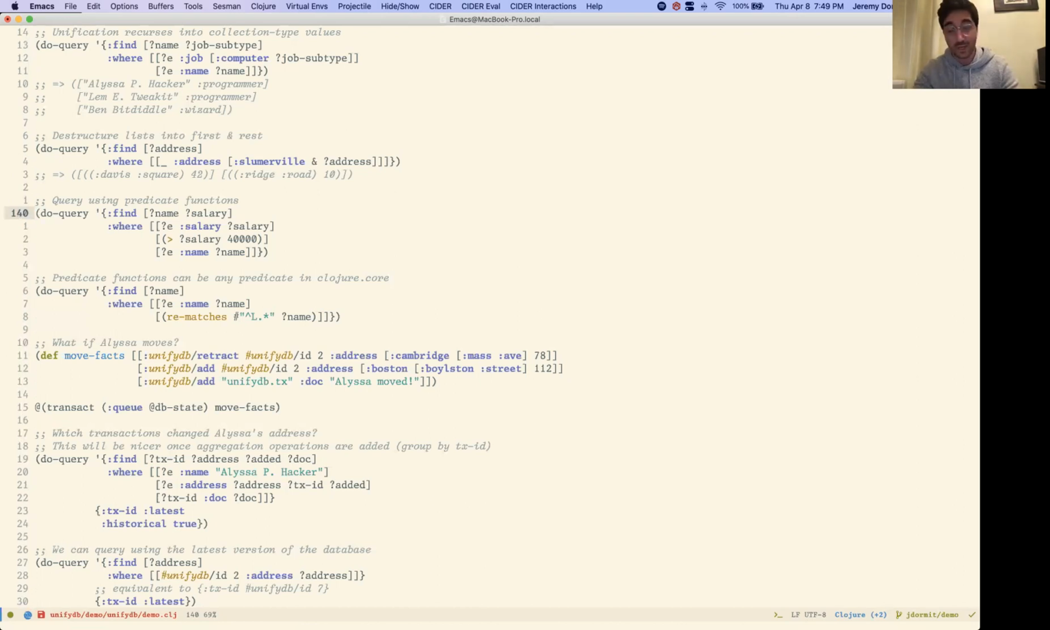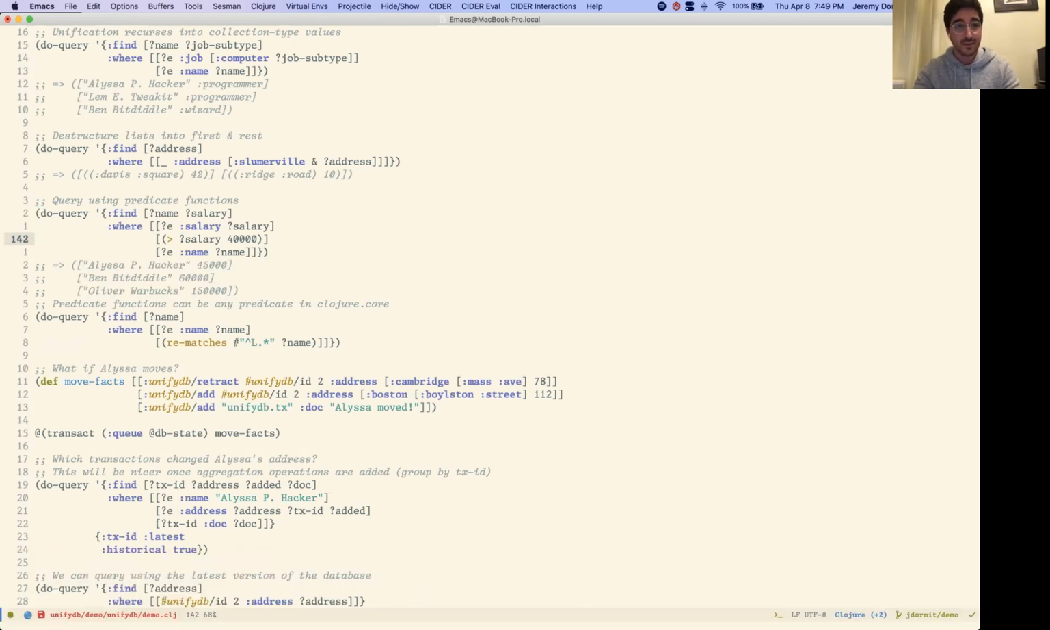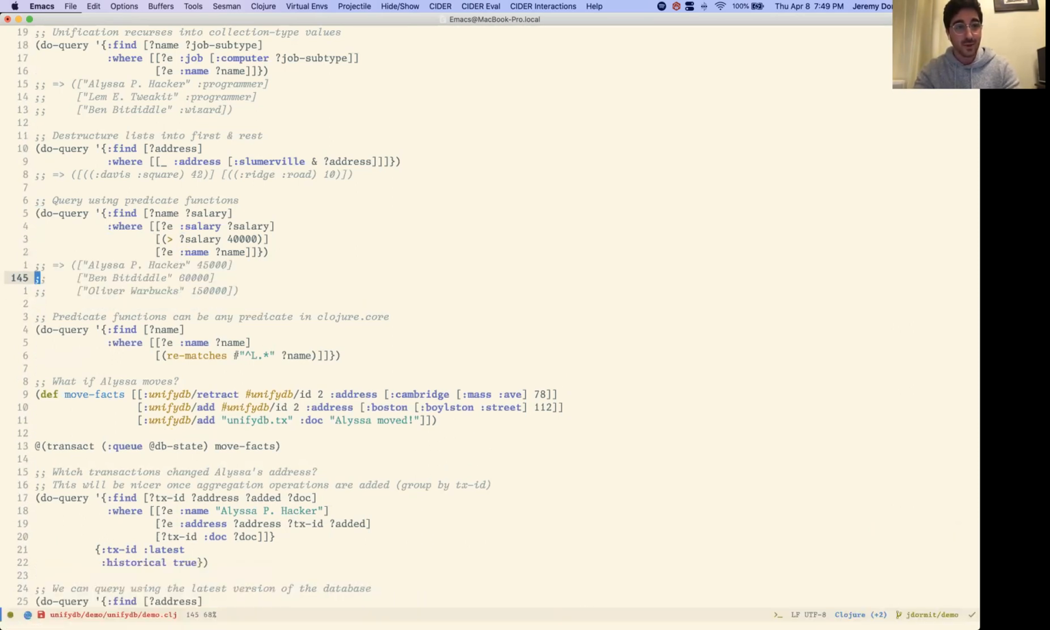All right, predicate functions. This one's really basic. It's just asking for everyone who makes more than 40K. Again, this book was written in the 80s. I think that was a lot of money for programmers back then. So we get back these three